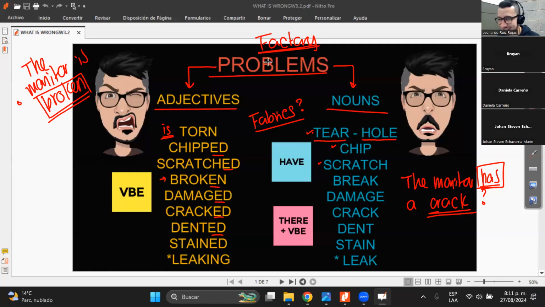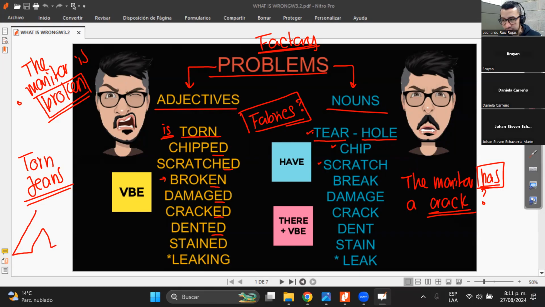Telas, muy bien, excellent, very good. This is for fabrics, like when we talk about leather or cotton or wool, right? All these kinds of synthetic materials, when I say that something is damaged, I usually say that it's torn, no? For example, nowadays there are some torn jeans